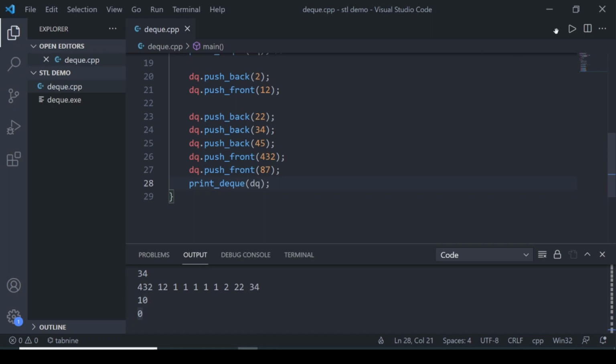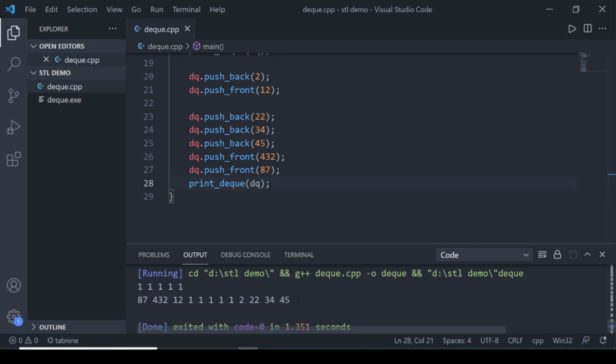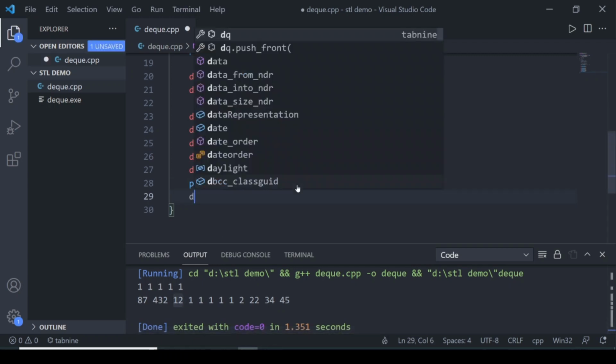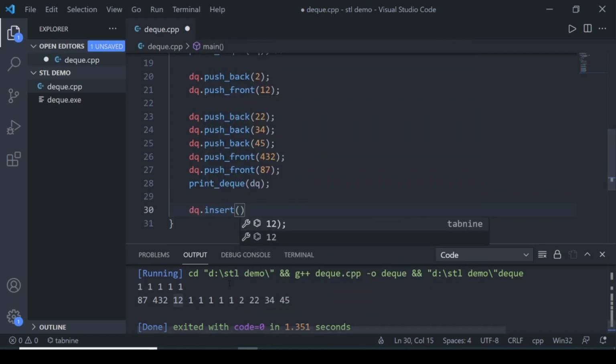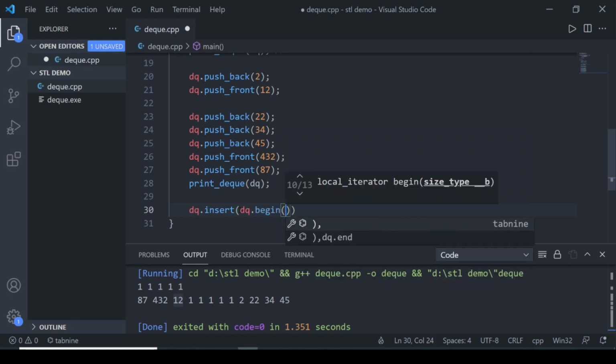So let's do some other operations. Before that, let's print our current status. So this is our dq. Now let's say we want to insert an element at position 12. How can we do that? We can use the insert method. So dq dot insert, then we have to pass an iterator which refers to this position. dq dot begin is an iterator which points to the first element, the 87.